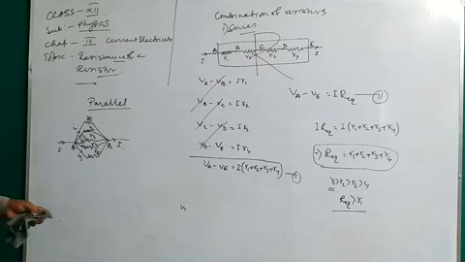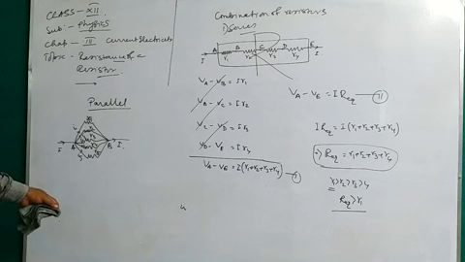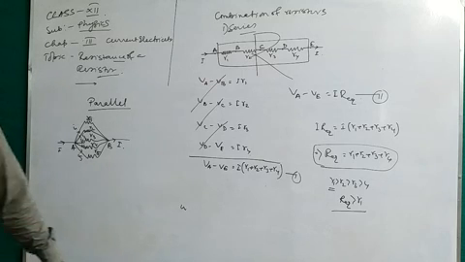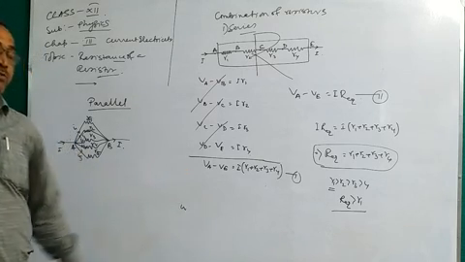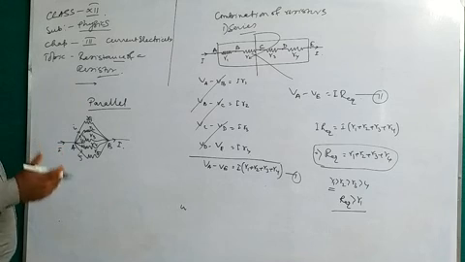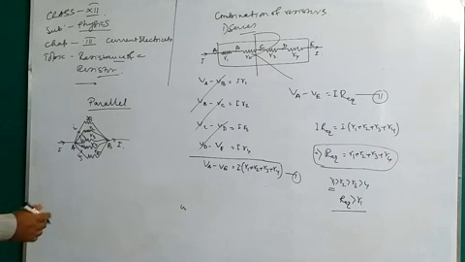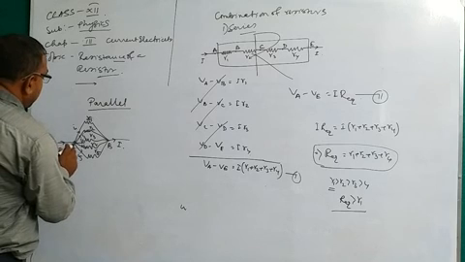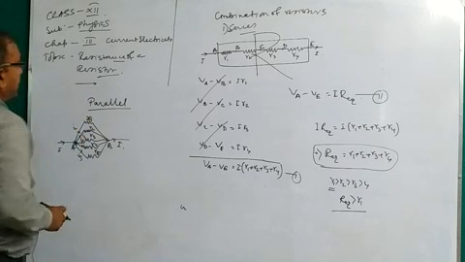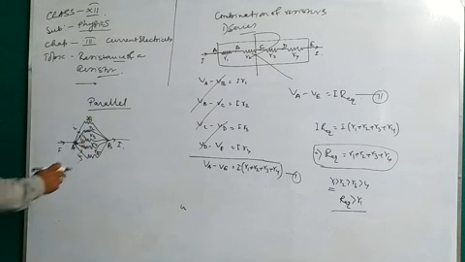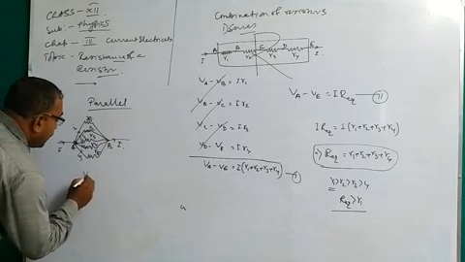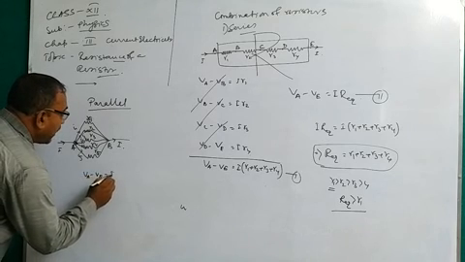Okay, suppose you are trying to wind the right hands of all the students with the help of a thread, and the left hands of all the students with the help of a thread. At that time you see all are in the same direction, the flower faces are in the same direction, that is parallel. So at the junction, you see I is divided into I1, I2, I3, I4 and I5 through the resistors R1, R2, R3, R4 and R5, and again meets at point B, and the current is I. So VA minus VB equals I1 into R1.